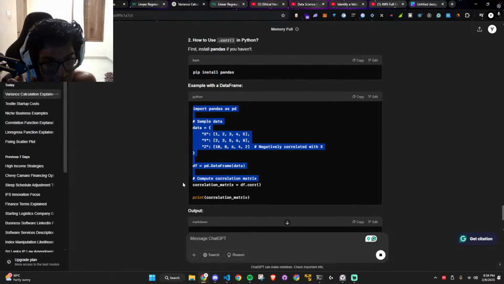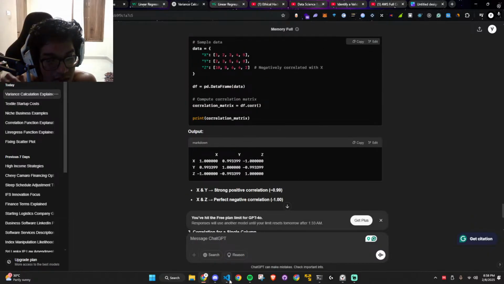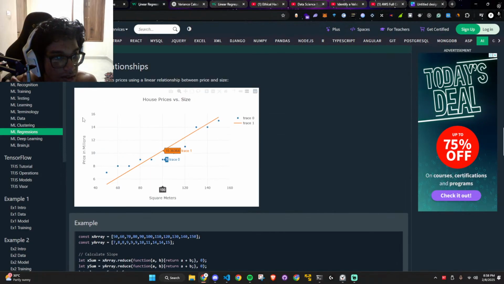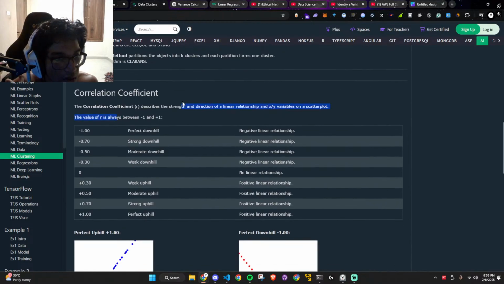Interesting. Yeah, so it's a correlation matrix, that's what it is. So a correlation matrix basically, as far as I've seen, it sort of calculates, wait, I saw that somewhere. I think it was this one. So correlation coefficient, so